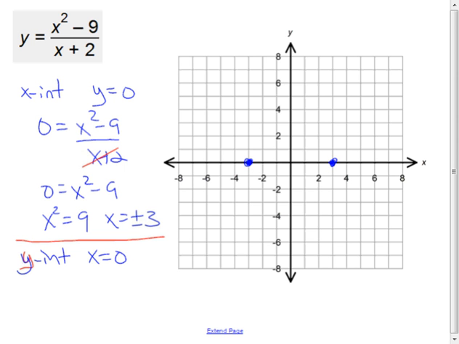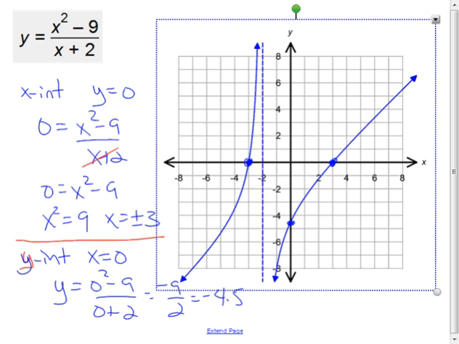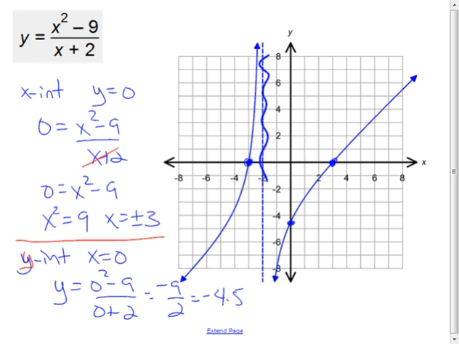it means that x equals 0. So I'm just doing f at 0, if that's the notation. Just plug in 0, right? So you got y equals 0 squared minus 9 over 0 plus 2, which is going to give me negative 9 over 2, which is negative 4.5. I guess I'll be right about here. Okay? Now I'll know if I did this right if I fade out the front graph into the back, and you'll see the complexity of the rest of the graph come to be, but we hit those points right on the money. Okay? And we see here that there also is this idea, this asymptote going on,